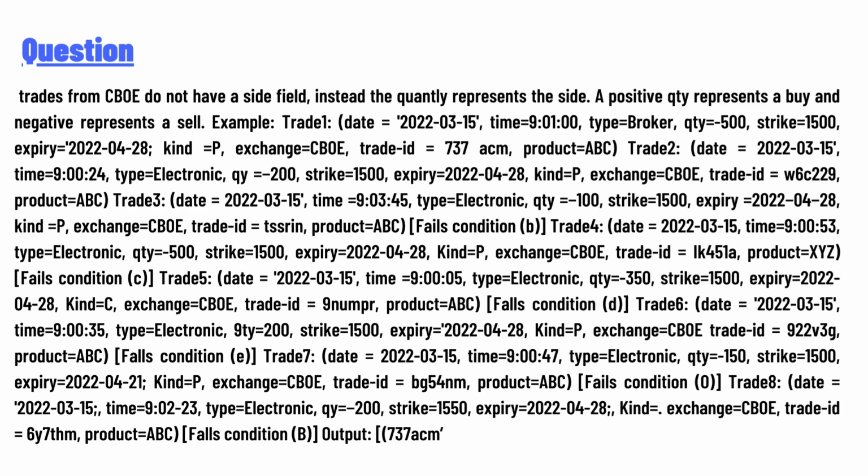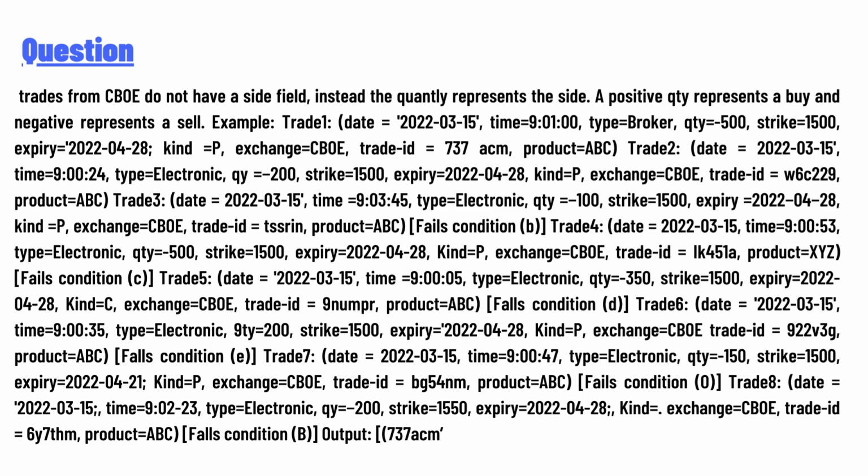Trade 2, date 2022-03-15, time 9:24, type electronic, QTY minus 200, strike 1500, expiry 2022-04-20, kind P, exchange CBOE, trade ID W6C229, product ABC. Trade 3, date 2022-03-15, time 9:345, type electronic, QTY minus 100, strike 1500, expiry 2022-04-28, kind P, exchange CBOE, trade ID